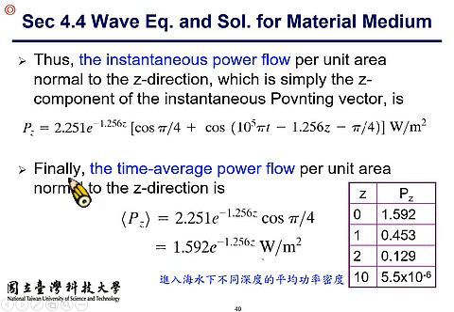At the sea surface, that is z equal to 0, the Pz number is 1.6. However, if the depth of the seawater is 1 meter, then Pz becomes 0.4, so only less than 1/3 of the EM power at the sea surface. At a depth of 2 meters, Pz becomes 0.13, which is less than 1/10 of the power at the sea surface. And this is an exponential function, so as the depth goes up to 10 meters, the time average power density Poynting vector becomes 5 times 10 to the minus 6, which is relatively small, right? So that should conclude